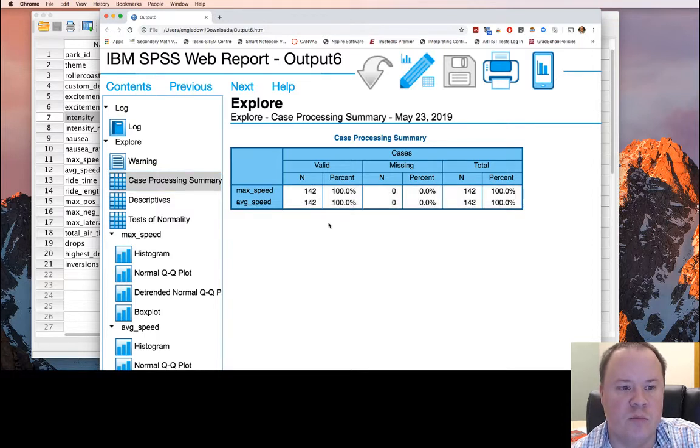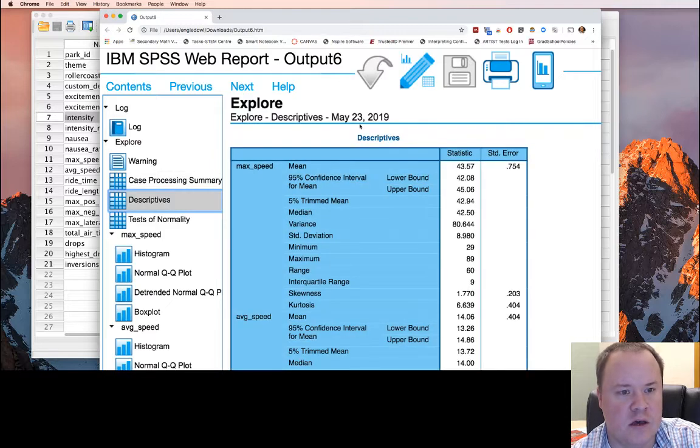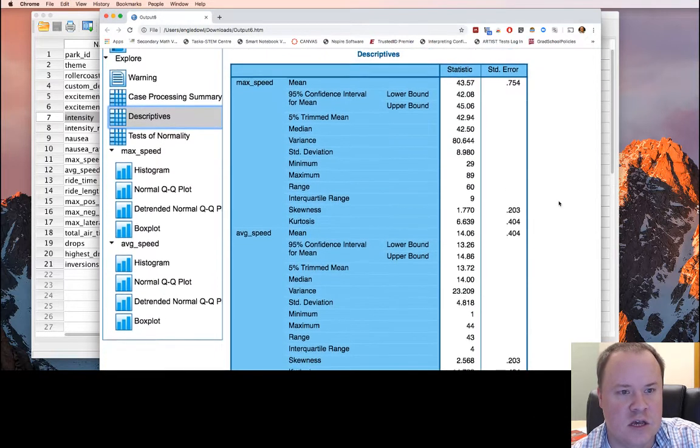That's what each row represents. This N, there's nothing missing here in the middle. So there's 142 in both for max and average speed. If we click on the descriptives piece, the first thing here you see is the max speed section